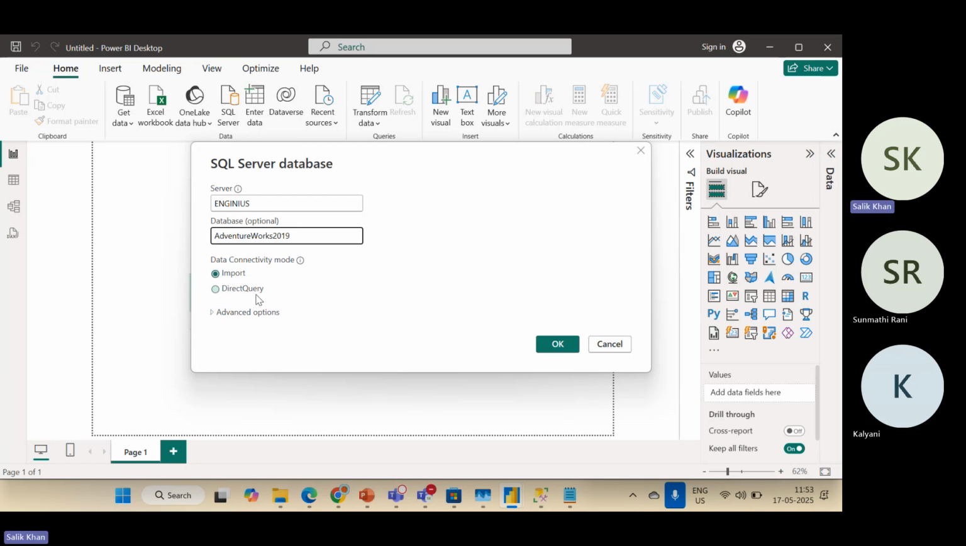Okay, so the import mode is given by default, but what happens if you click direct query? Okay, let me show you that. Because we have already seen that if I select this import mode and click on OK, then it will show me the tables in the preview and then we have to load them into the Power BI desktop. But what if I select this direct query? Okay. So let's discuss this. Okay. So if I click on OK,